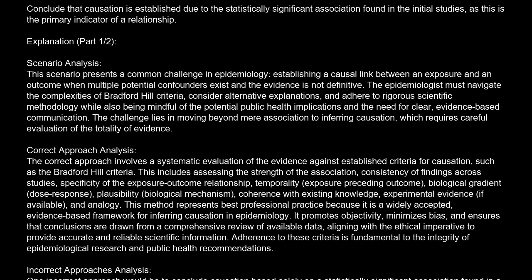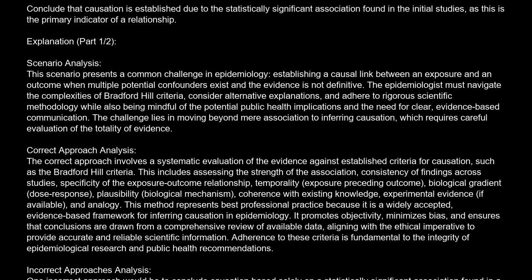Correct approach analysis. The correct approach involves a systematic evaluation of the evidence against established criteria for causation, such as the Bradford-Hill criteria. This includes assessing the strength of the association, consistency of findings across studies, specificity of the exposure-outcome relationship, temporality (exposure preceding outcome), biological gradient (dose response), plausibility (biological mechanism), coherence with existing knowledge, experimental evidence if available,